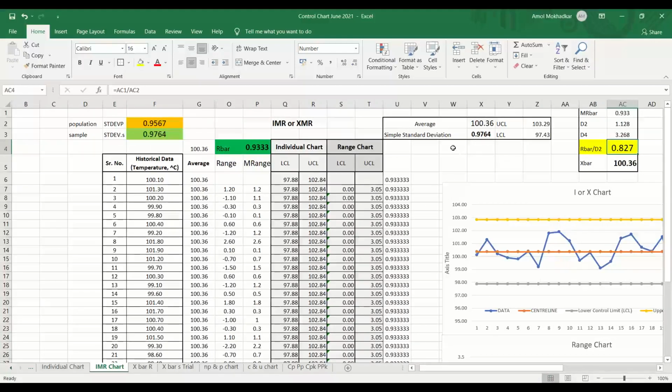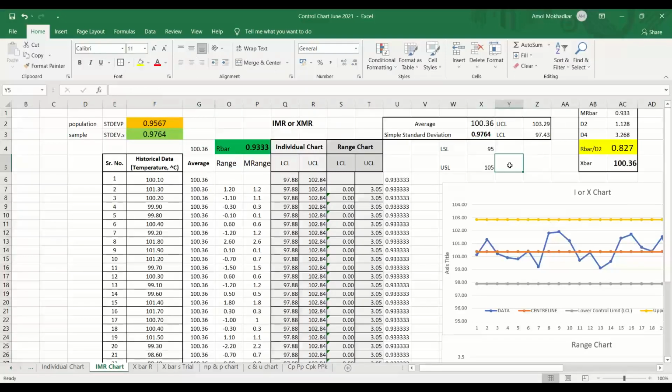Now consider that LSL is 95 and USL is 105. Take the standard deviation as 0.9764 and R bar by D2 as 0.827.